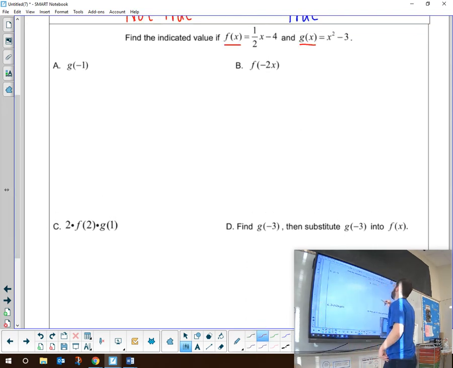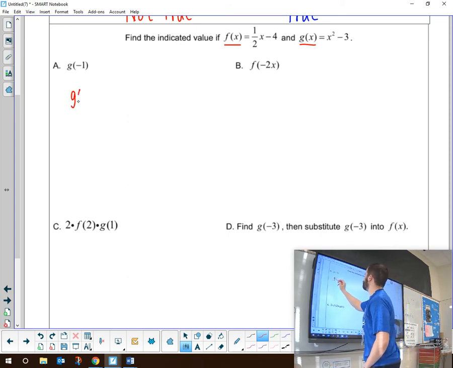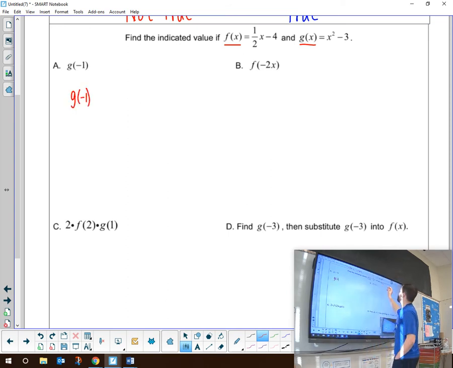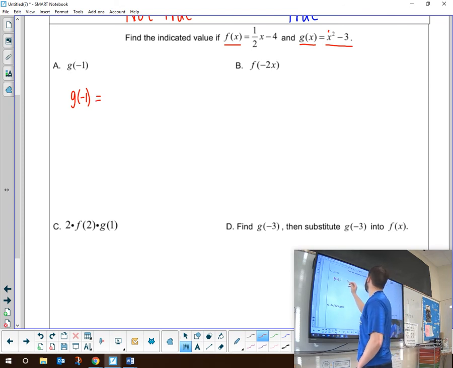Here is g of x, okay? So pay attention to which one it's asking us for. Okay, so here I have g of -1. So we look over here at g, and we're going to take that -1 and we're going to plug it in for this x right here, okay? So we're going to go g of -1 equals